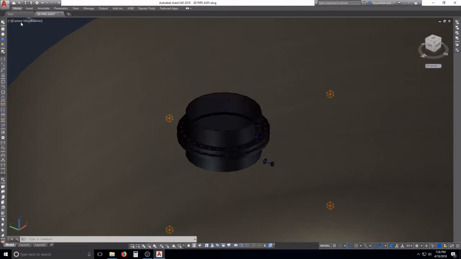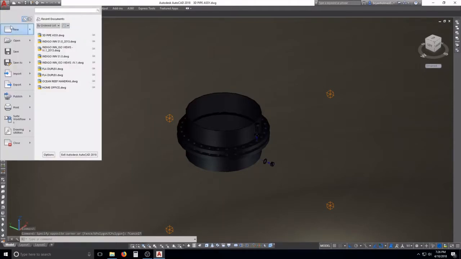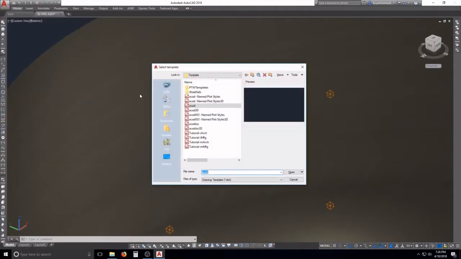Okay, so we need to just start a new drawing. Say new. And really, guys, in my experience, each one of these gives you a little bit different format, but for what we're doing, I think this is okay, just using AutoCAD. And if you do start with AutoCAD 3D, it starts you out, I believe, in a perspective mode. If that's your cup of tea, hey, go for it, guys. But me, a lot of times I'll start out doing 2D stuff, so I want to start out with a regular